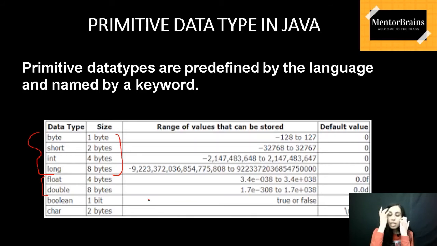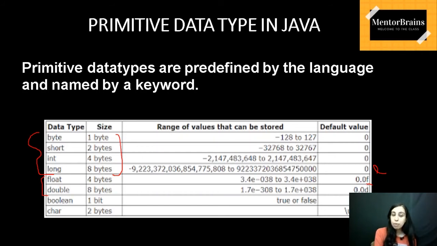First of all, float carries a suffix f and double carries a suffix d. Okay, so float and double have suffixes. In Java, there is a need to put suffixes because whenever you are storing a floating point value, you have to write it with a suffix. Also, sometimes in long an L suffix is used. So when you are storing a float value, you have to put an f suffix at last.